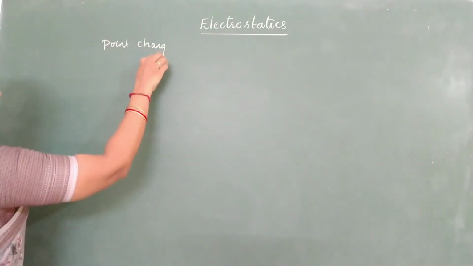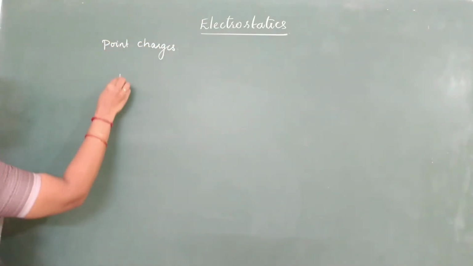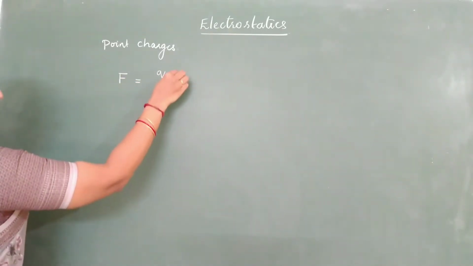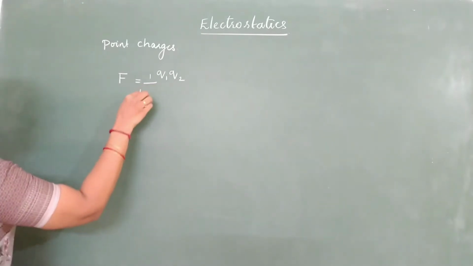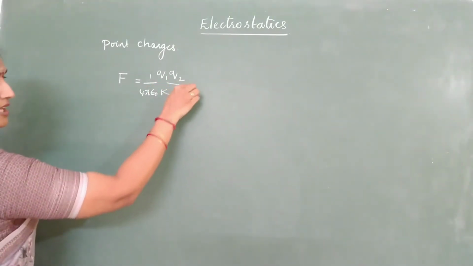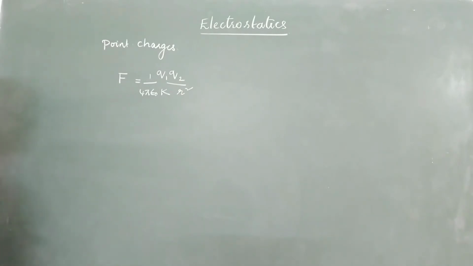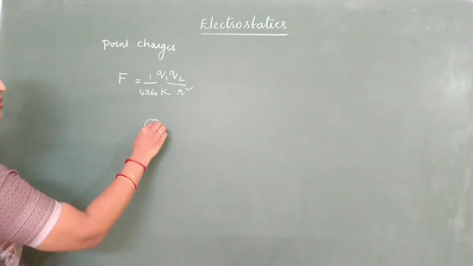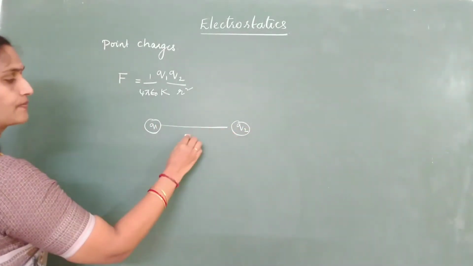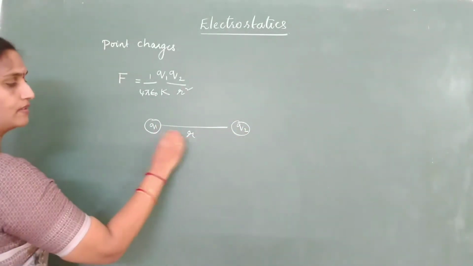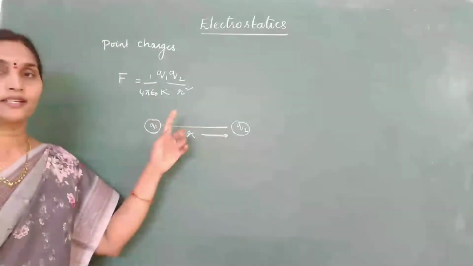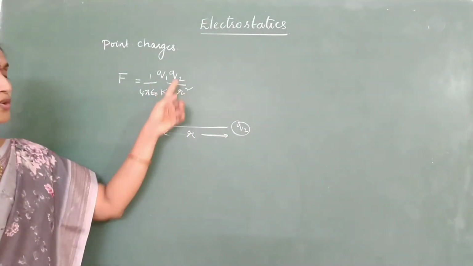Okay, remember this, it's applicable only for point charges, is given by 1 by 4 pi epsilon naught K Q1 Q2 divided by r square. Two point charges Q1 and Q2 are separated by a distance r, the distance of separation. Then in scalar form, you can write it as 1 by 4 pi epsilon naught K Q1 Q2 by r square.